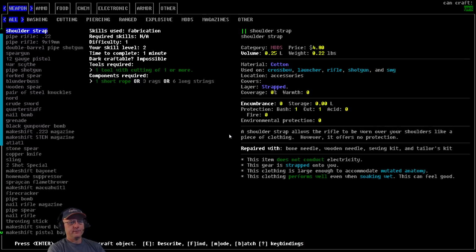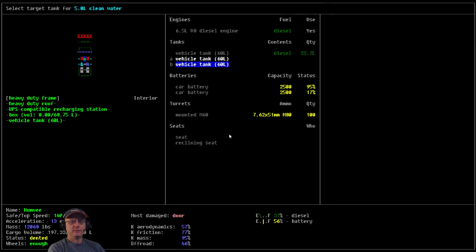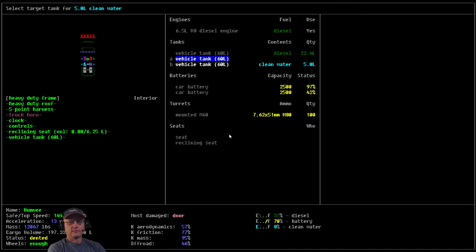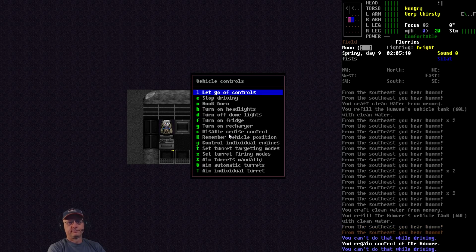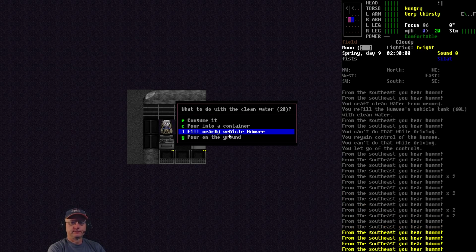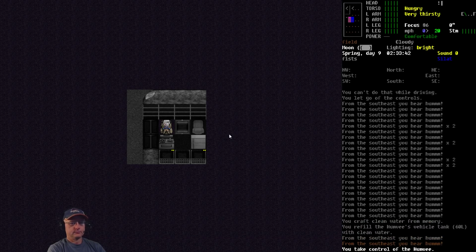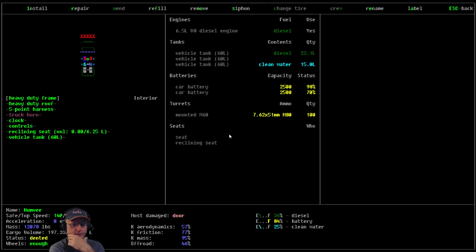Okay, let's go ahead and turn on the dome light here and do some clean water. Fill the Humvee. Bottom tank. Repeat. Okay, and diesel, battery, and clean water, all fine now. We've got a spare empty tank for whatever we need it for. Let's do one more batch of water. Alright, I was also charging up the battery, so...